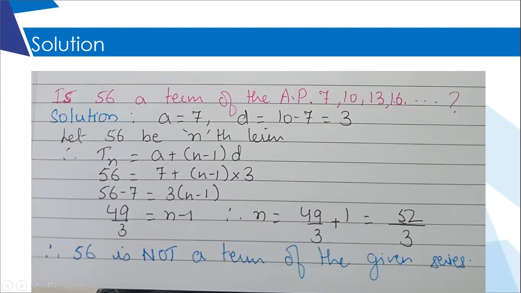No, why was the first term subtracted? Ma'am, the second term minus the first term gives you 3, and the third term minus the second term gives you 3. They are consecutive terms and they have the same common difference. If we see, 7 plus 2 times 3 gives you 13, so there's 2 times the common difference. But when you are doing A, A plus D, A plus 2D, A plus 3D, you know the places of these terms. But for 56, you don't know the place.